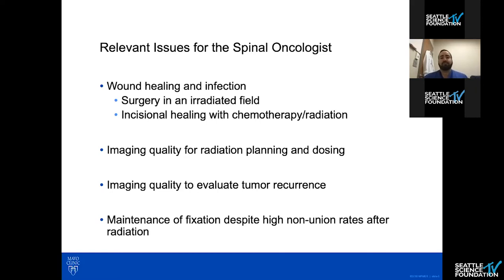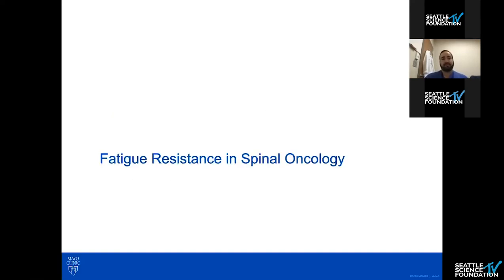And of course, maintenance of fixation is a big deal. A lot of these patients, almost all of the metastatic lesions, will go on to get radiation to their field. So as patients are able to live longer and longer lives because of good immunotherapy, good chemotherapy, and good radiation, we're having to deal more and more with the consequences of their systemic therapy, which is typically as relevant to us as non-union. So fatigue resistance, so the biomechanics, and I'm hoping the issues that the question that was brought